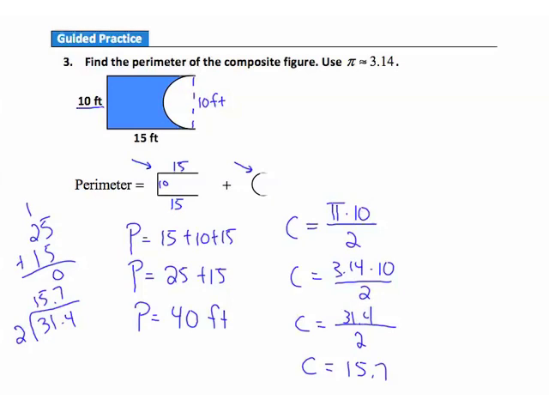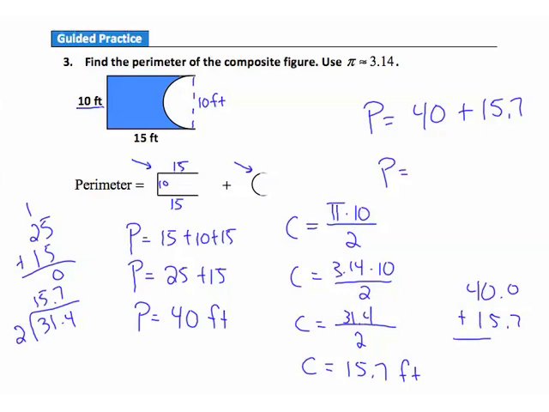So half the circumference here is going to be 15.7, and that was feet. And now we were asked to find the total perimeter here, so we need to add these things together. So the total perimeter is going to be 40 plus 15.7. If we add 40 and 15.7 together, start with some scratch work here. There's a decimal in 40, and then we have 15.7, so we'd add a 0 there. So we get 7 point and then 5. So the perimeter then is 55.7,